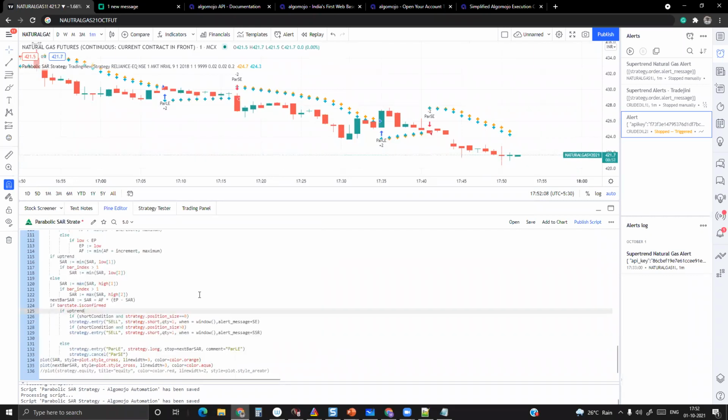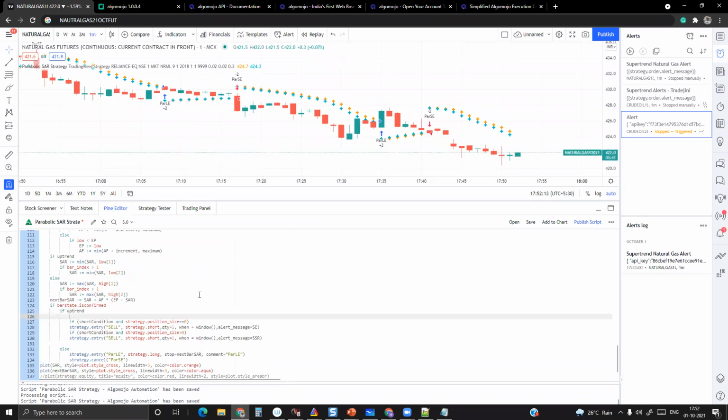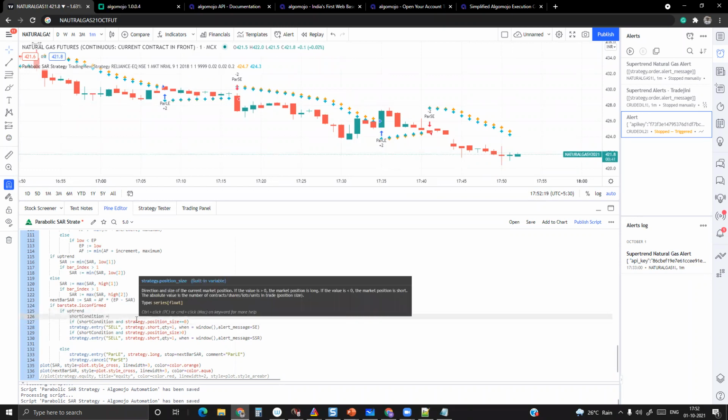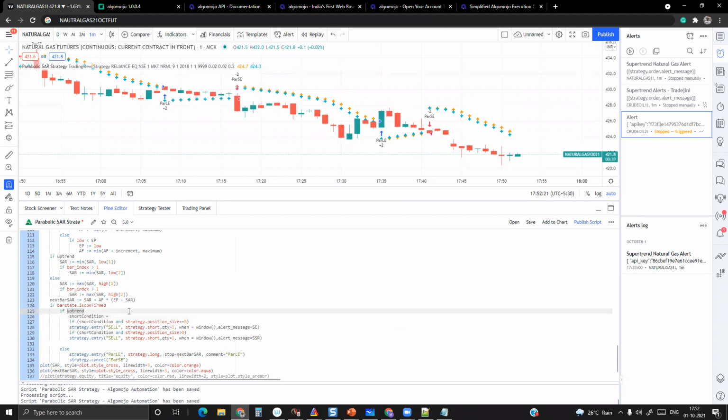I'm going to say the short condition itself equals uptrend. So every time the uptrend is coming in, it can be either true or false. If it is true, then that true will be assigned to the short condition, and the sell signal will be happening over here.